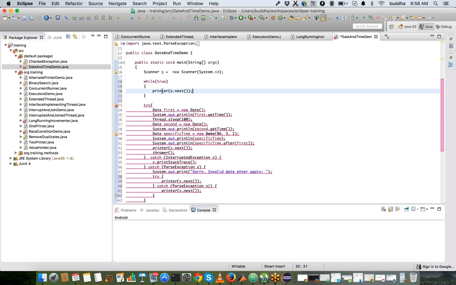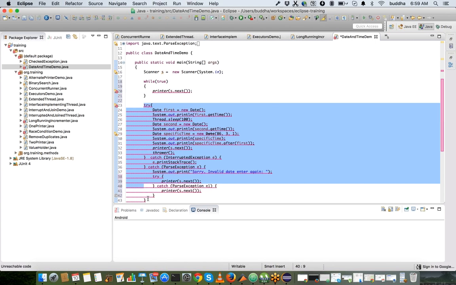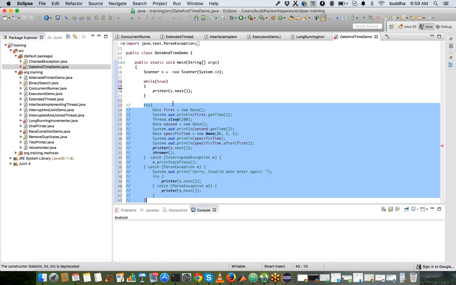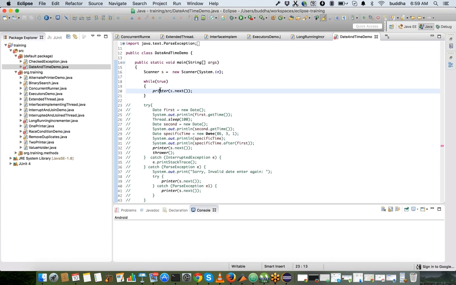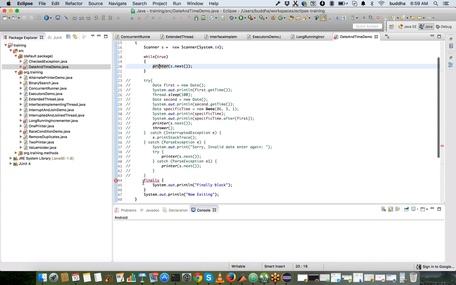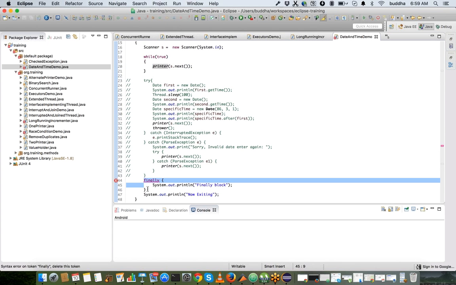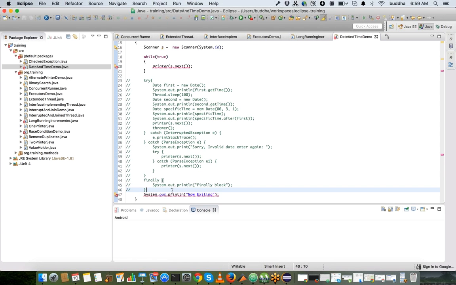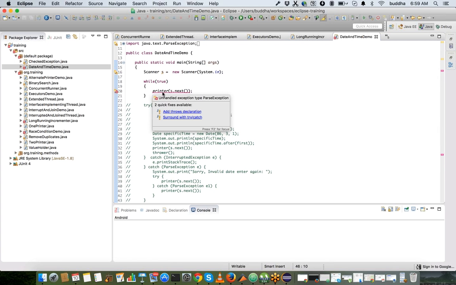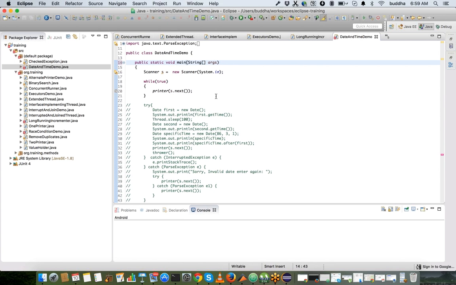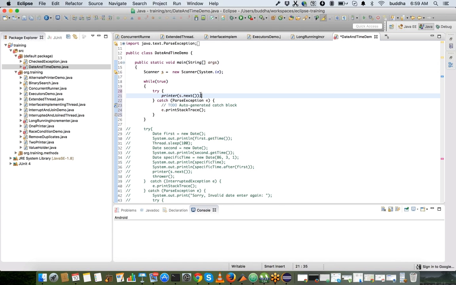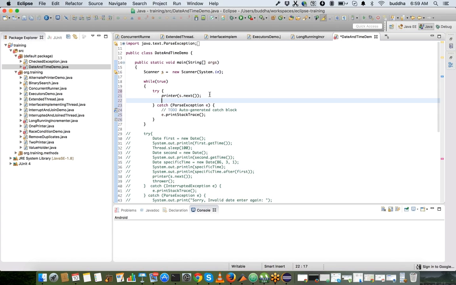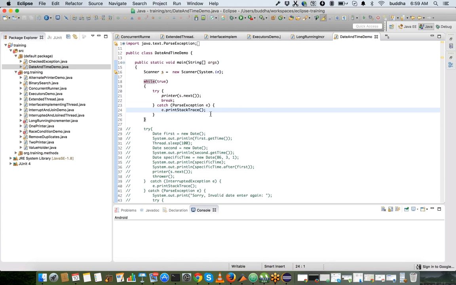I'm going to call s dot next here, and I'm going to put everything here. Because this may throw an exception, I can put a surround with try catch block, and if the code did not throw any exception, I can simply break. Now, if you see what this does,